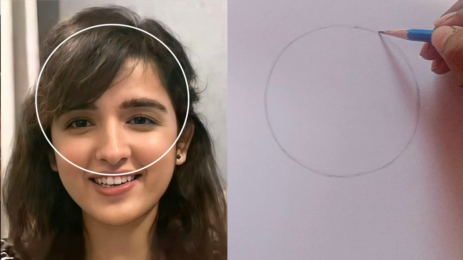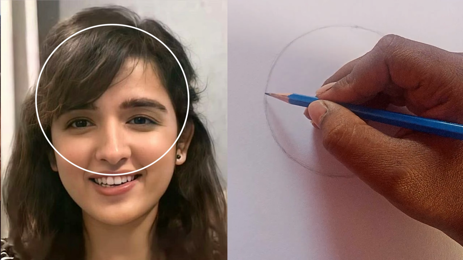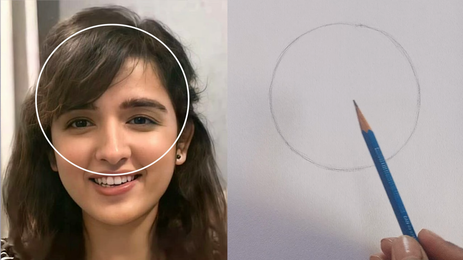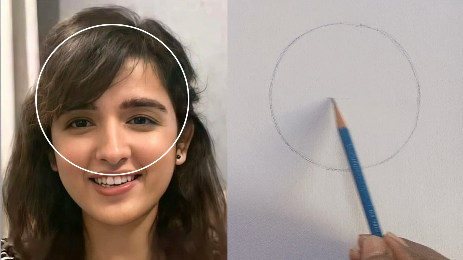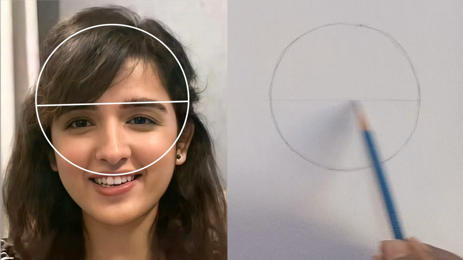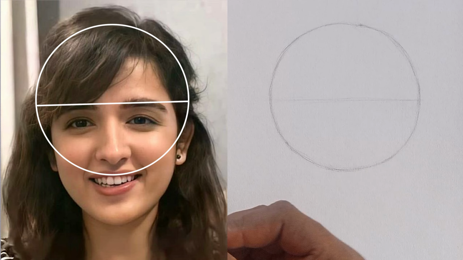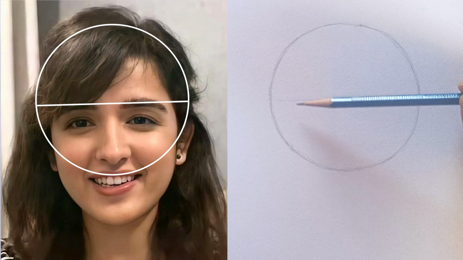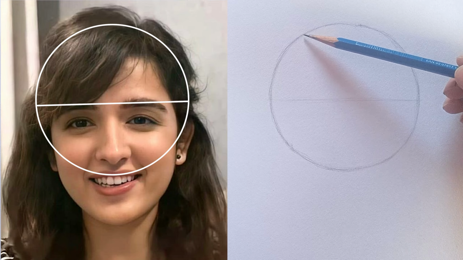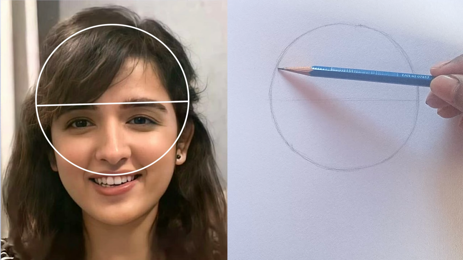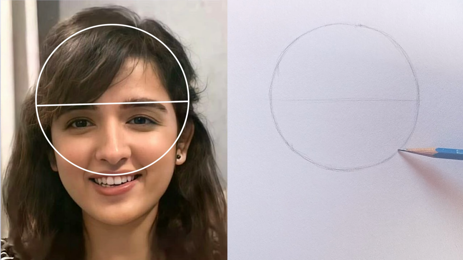We start with a simple circle. To make the circle, we first consider this image, which is Shirley Setia. We visualize that she's not having hair, so we remove the hair portion from the photo as we imagine, and then we consider the top of the circle. So we see the cranium as a round object. We start from the top of the circle, and this circle goes to the lower part of the upper lip. So it starts from the top of the head, and then it goes to the lower part